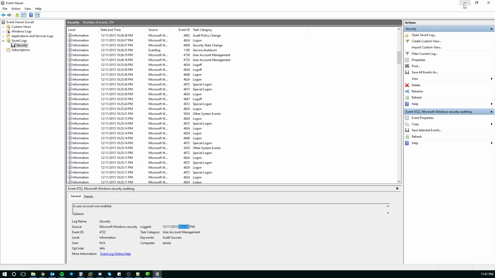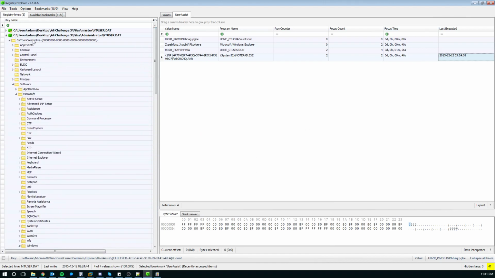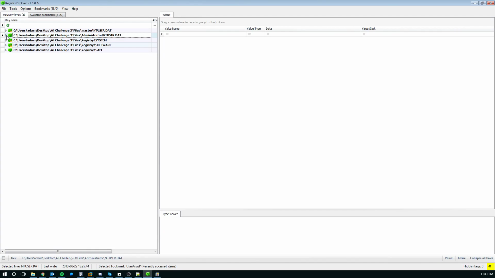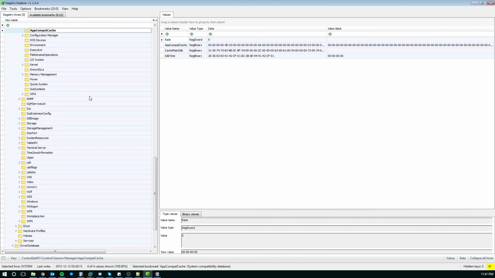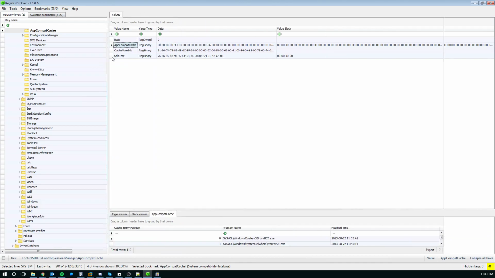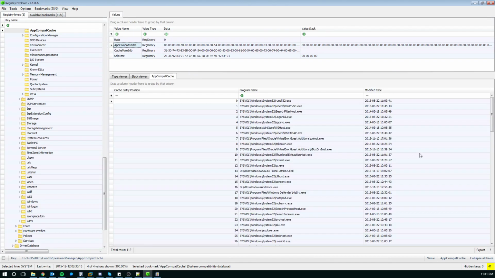So I was looking at other execution artifacts and seeing what to look at, and going back to Registry Explorer, I remembered the app compat cache artifact, and that's in the system hive. You can get there by bookmarks, app compat cache, and I love Registry Explorer because it parses it all out for you. Great job on that. Okay, so we have all these times, and they're all spread out,